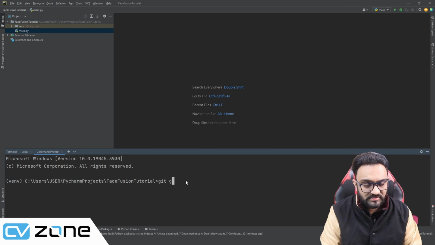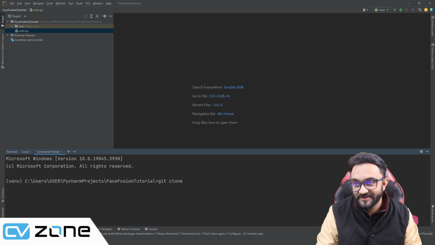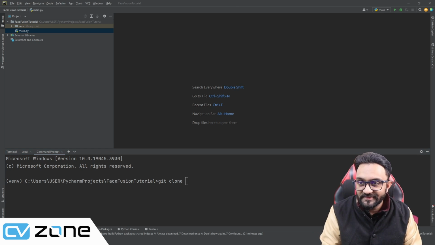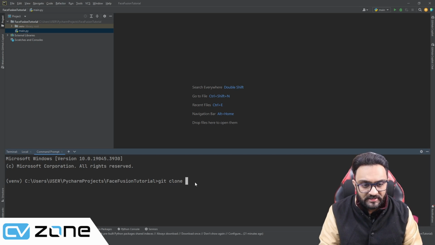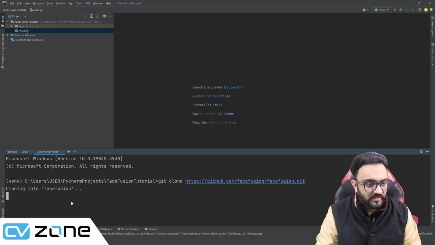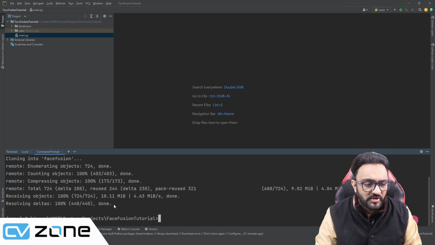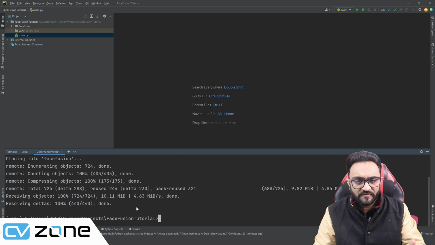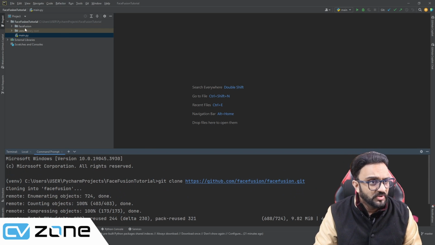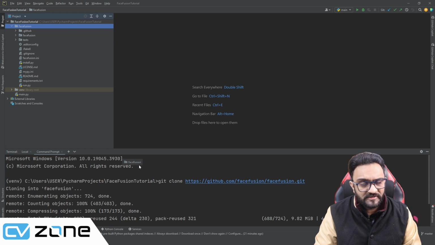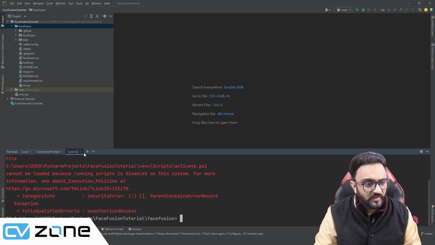You can write git clone. By the way, you do have to install Git as well, so you have to go to their website and you can simply install Git. It's not a big deal. So git clone, and then you paste the website URL, and then you can run it. So I believe most of you already have these things, so you just have to start from this part. So git clone Face Fusion, you can see now Face Fusion is here, and now what we can do,